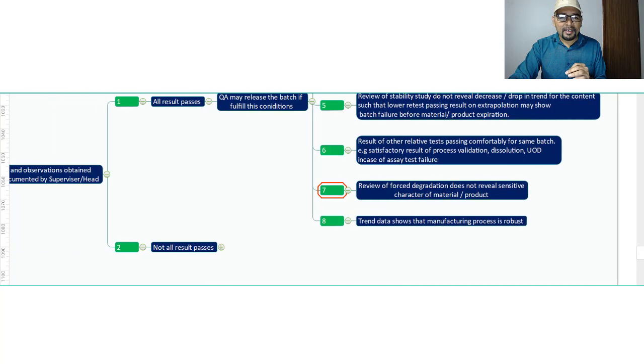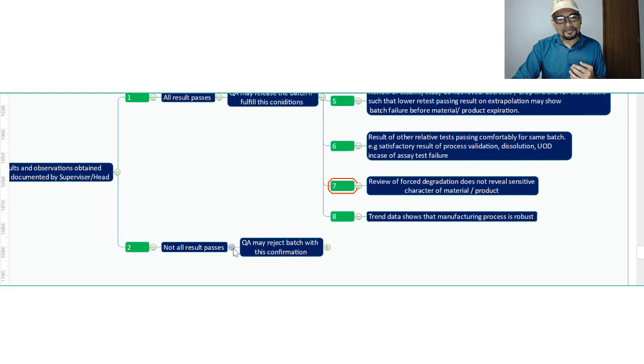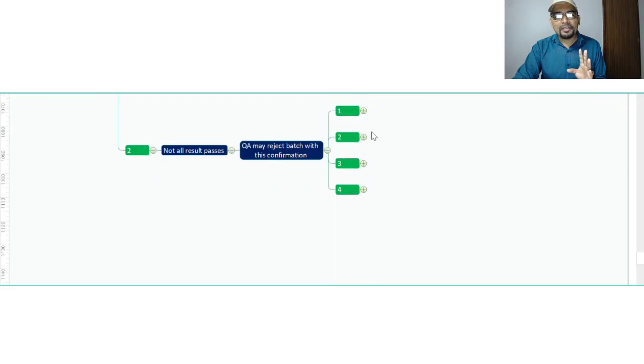Let us also understand the possibility of the second option, in case not all the additional testing results are within the spec. You have decided to conduct the testing six times, and out of the six, for example, five results are within the spec, but one result is out of the spec. So what are you going to do and how are you going to handle the situation? Who is going to decide the fate of the batch? It is none other than the QA. QA has to decide the fate of the batch.